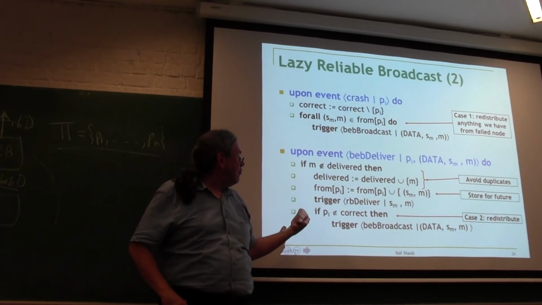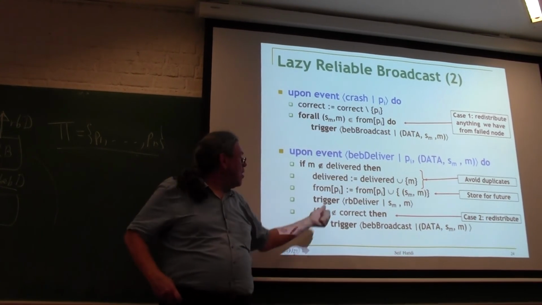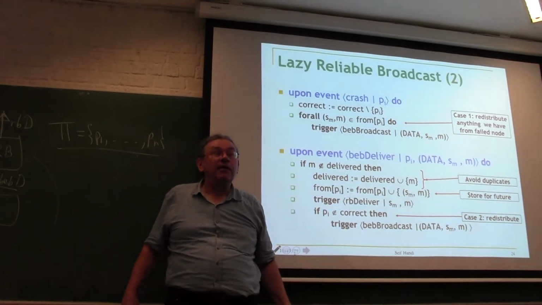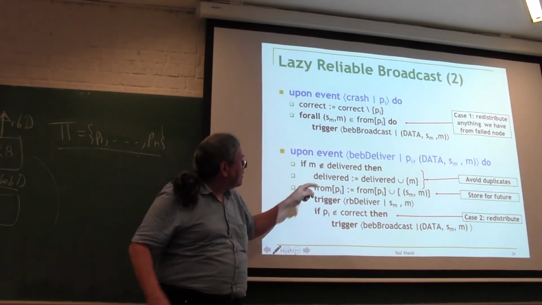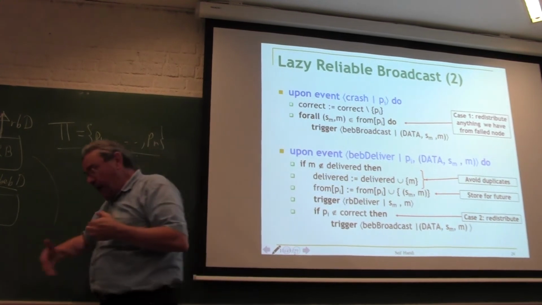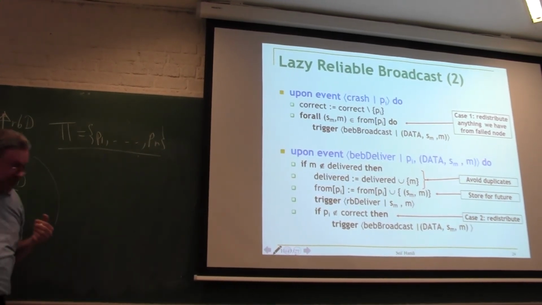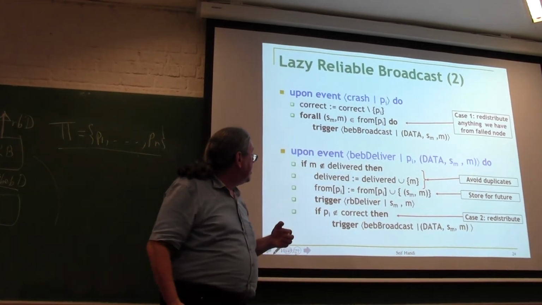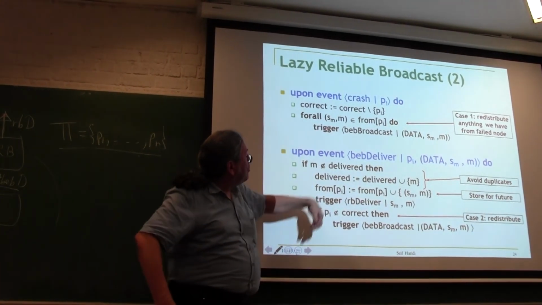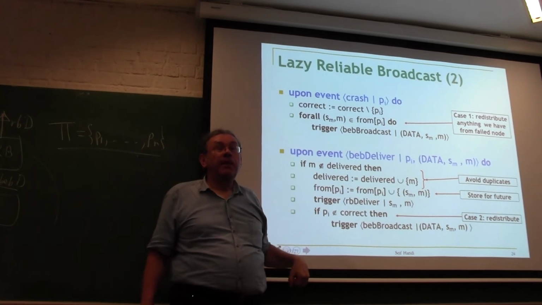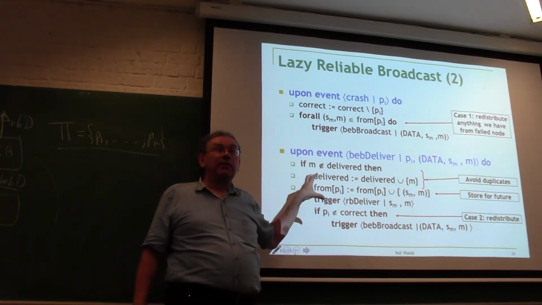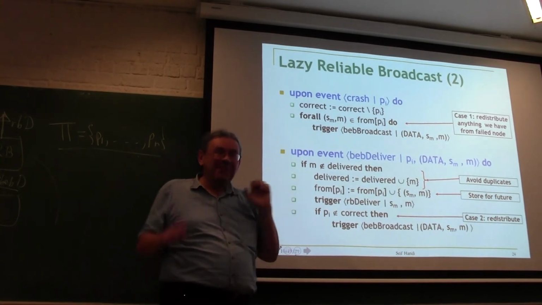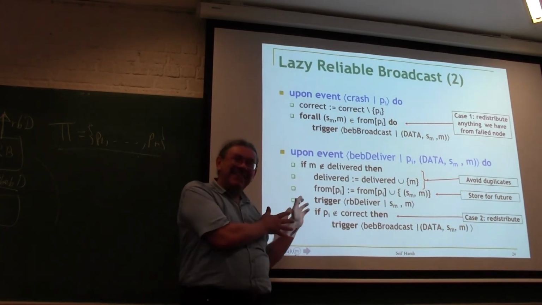So if you want to turn this into a real practical algorithm, you have to do a little bit of garbage collection of these data structures, huh? But that's kind of easy. You can find out as soon as the message M has been delivered by everybody, then you can remove all the data related to M. I don't show that here, because that would make the code more complicated. I first want to show you a correct algorithm.